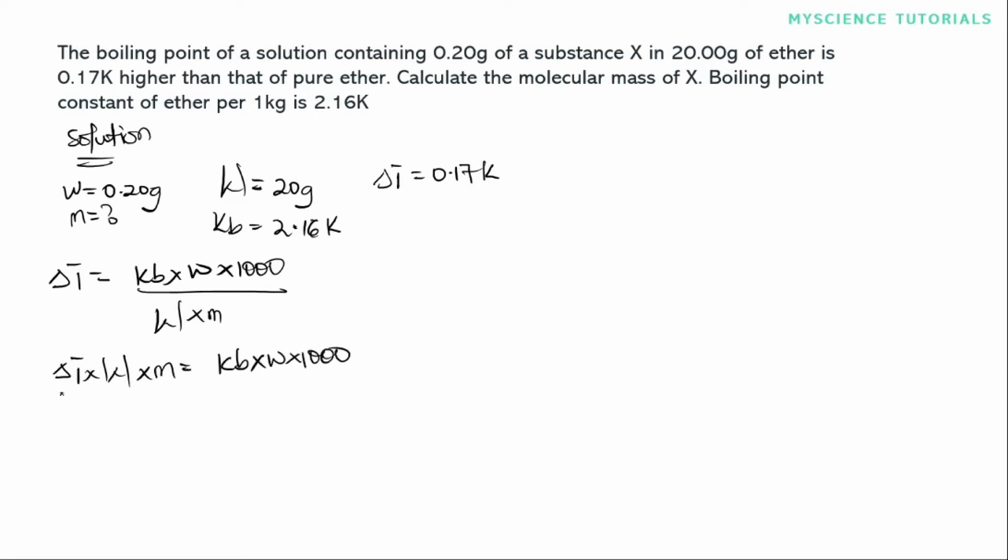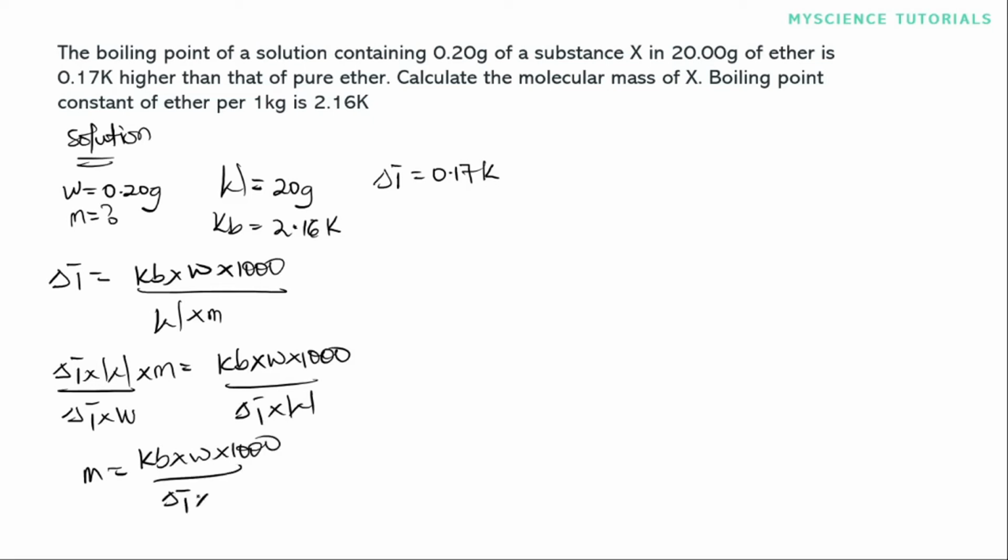So if we divide all by Delta T by capital W, we get our molar mass to be Kb multiplied by W by 1000 all over Delta T multiplied by capital W. So it means our molar mass is equal to Kb, which is